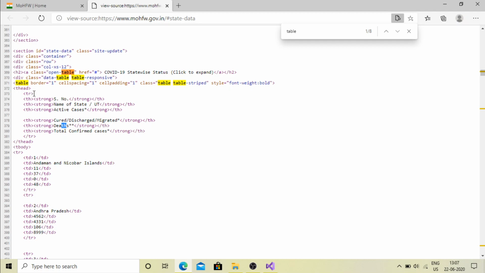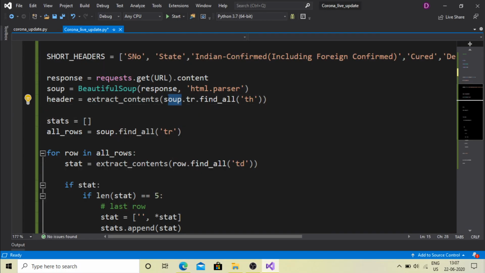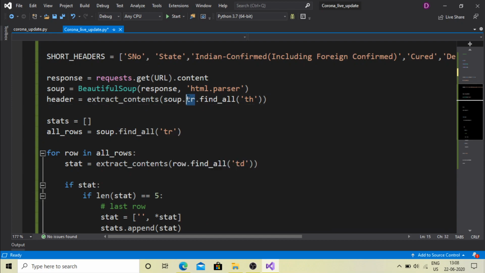First we will find the tr tag, and inside the tr tag we have the th tag. th stands for table heading and tr stands for table row. So we want this th. For that, first we have used our library soup, from Beautiful Soup. Next we find the tr content in that, and inside that it will find all the th content.